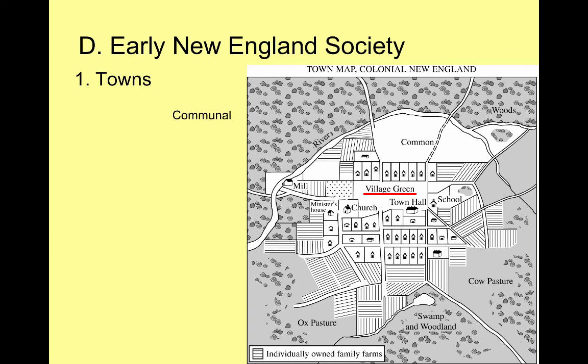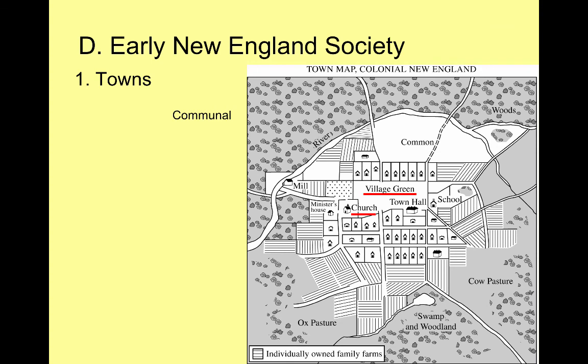All New England towns are centered around this thing called the village green, or the commons. We can see it on this map here. That's the center area. It's common pasture land, so everybody is sharing this resource, so everybody's cows can have something to graze on, and the houses all get centered around them. Everything's inward facing.